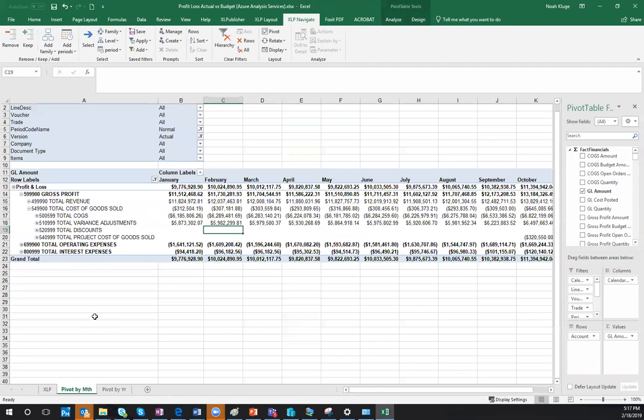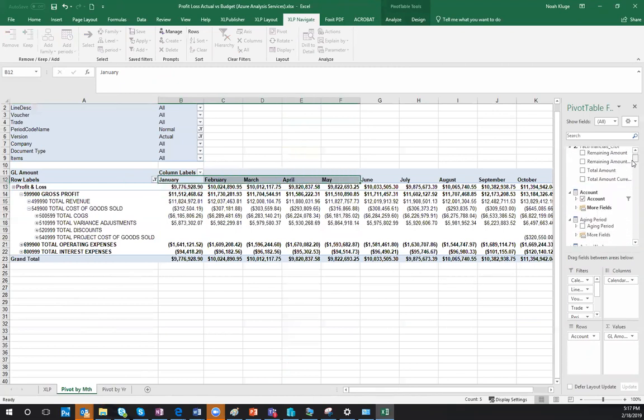would be an Excel pivot table. So here I've got the same type of structure as what we saw before. I've got the GL accounts on the rows. I've got time across the top. Over here in my pivot table field list, I can see all the different dimensions that are available in the cube. So I've got the business unit, which would be an example of a financial dimension, company, which is a